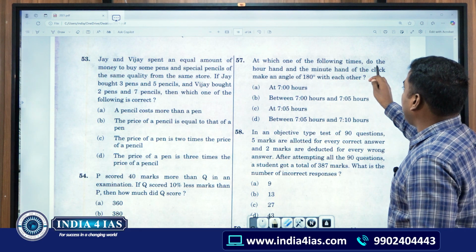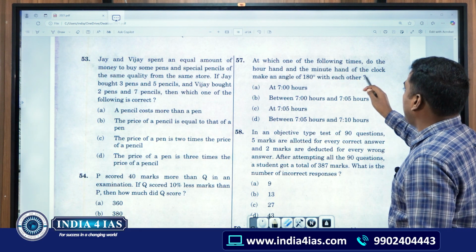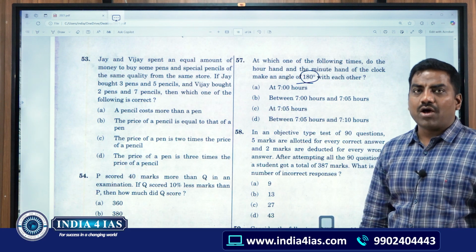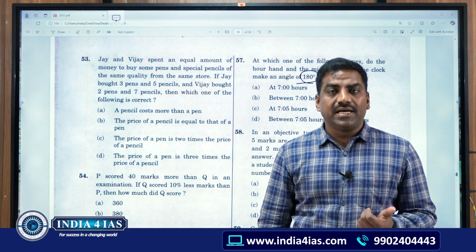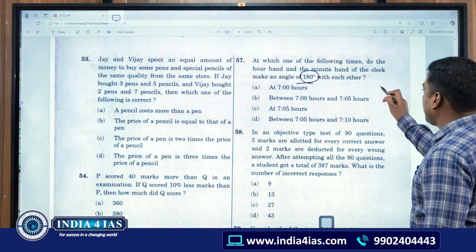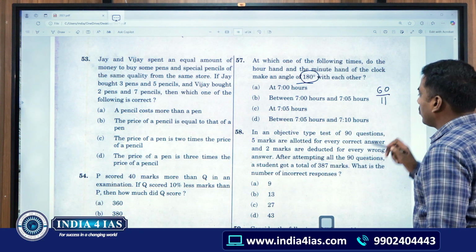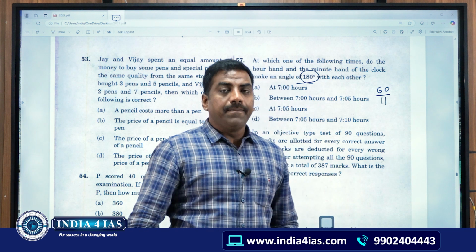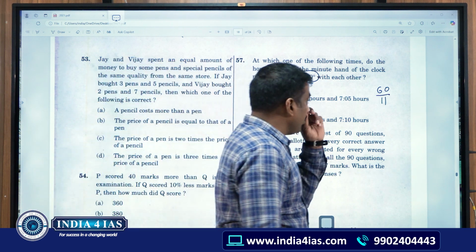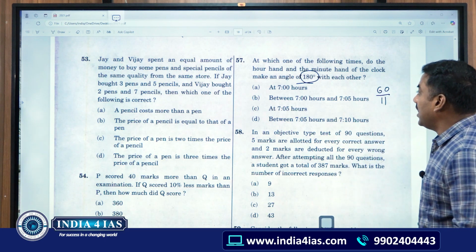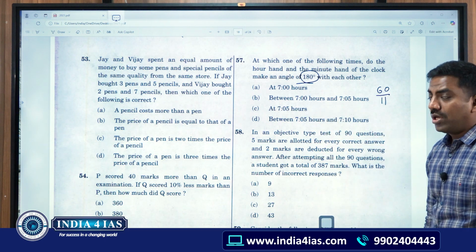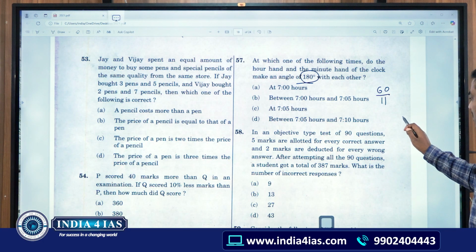At which one of the following times do the hour hand and the minute hand of the clock make an angle of 180 degree? Either it is 180 degree or 90 degree, or it is 0 degree. See, one thing I'll tell, this one is 60 by 11, our handy thing which we are going to use in this chapter. 60 by 11, and they are asking when. So somewhere they are checking around after 7 o'clock. So after 7 o'clock,